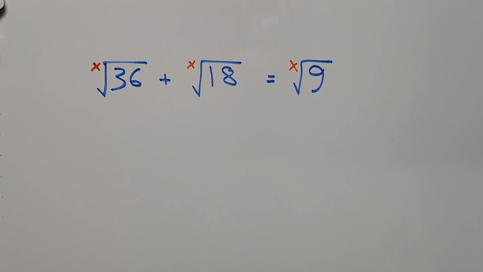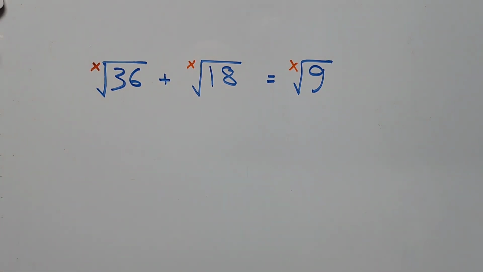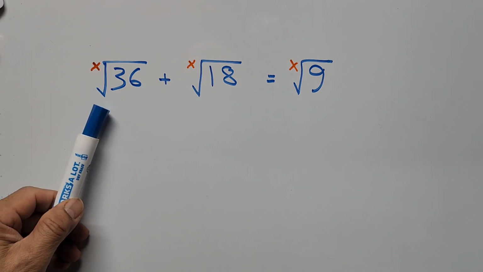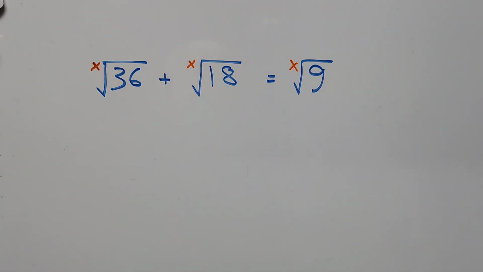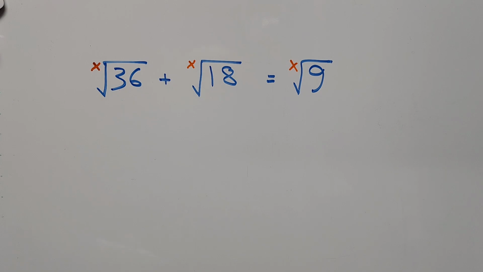Do you think of any other way to solve this aside from dividing all of the terms by one of the terms? Let's say divide the whole equation by the term on the right, or divide the whole equation by the term on the left, the x-th root of 36. So how do we do it? Here, we divide the whole equation by the x-th root of 36. So now the equation becomes,